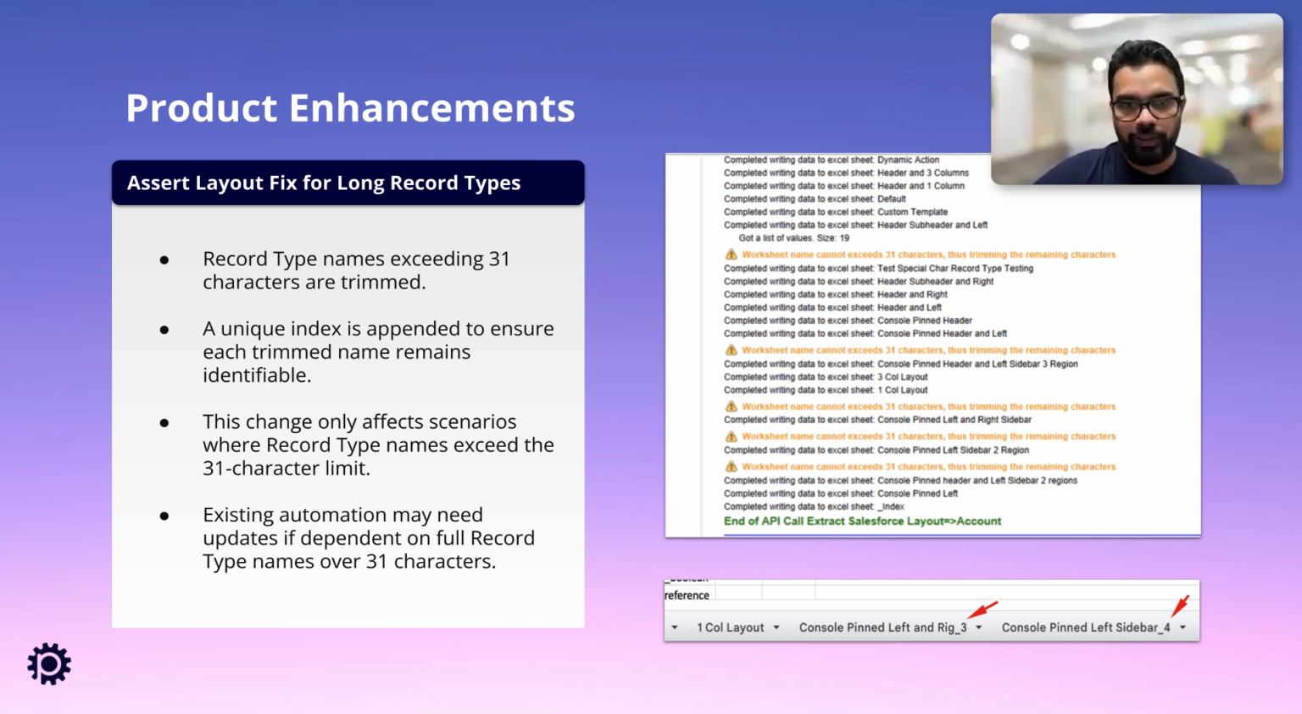One challenge that we saw with this one is when we were trimming it to 31 characters and you had another record type available in the org that is matching with this trimmed name, then what Provar was doing, it was overriding the same tab and adding the new layout information in the same tab. With that, you were always losing to assert the first record type that was trimmed earlier, and that was always missed. So as a resolution of this, in this release, what we have done, we are adding a unique index